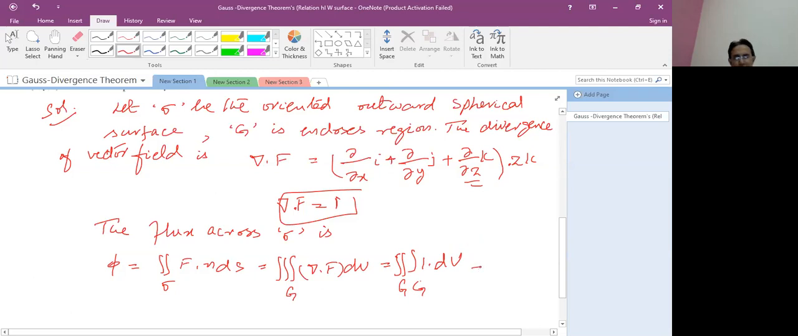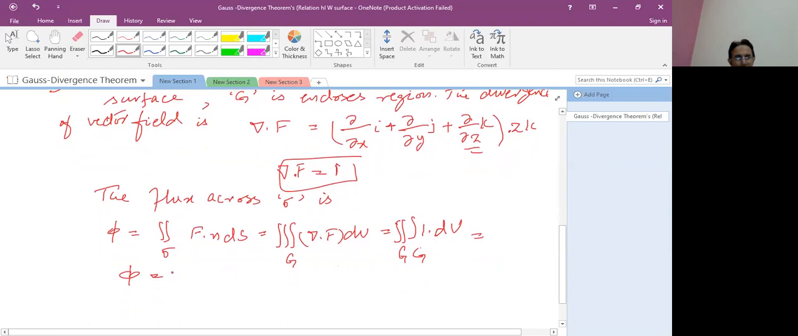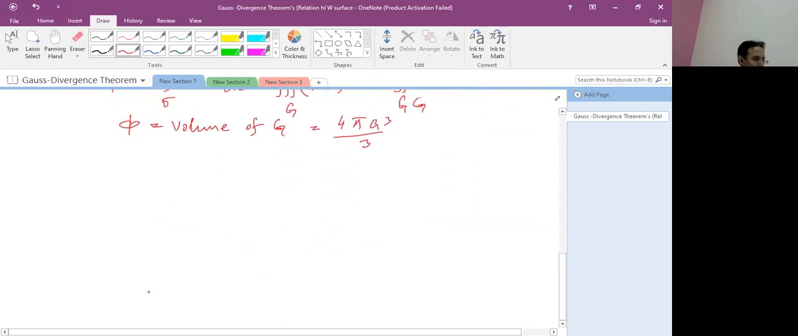So it means the volume of G is equal to phi, which is equal to the volume of G. According to the sphere definition, it is 4 pi a cube upon 3. Now student, after that we will find